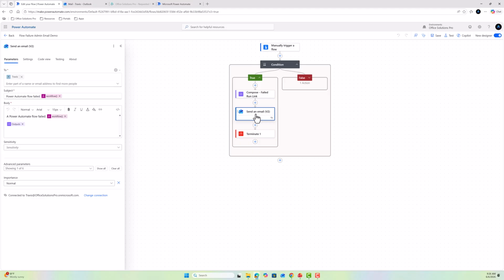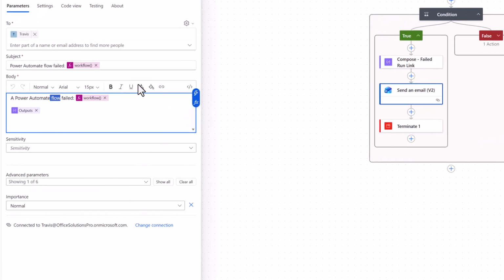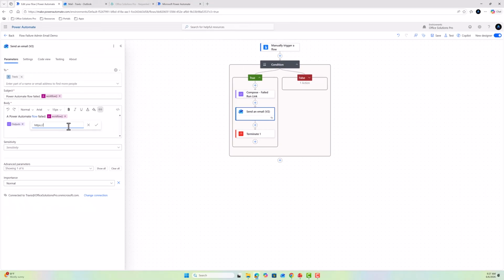Now, some of the other things you can do is modify the actual email information here to include a little bit more information. As we saw, the link, for example, is something we have to copy and paste. That's not exactly ideal. And right now, if we select this, for example, and then go to our hyperlink option here, we don't have the option to put in our dynamic content. Unfortunately, that would be nice. I don't know why Microsoft doesn't give us the option to add our dynamic content directly into here, but we don't have that option. So unfortunately, what we can do is come over here